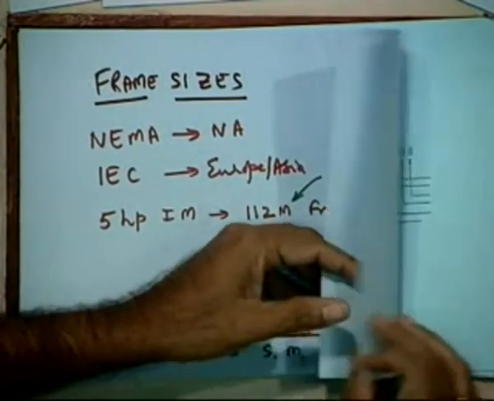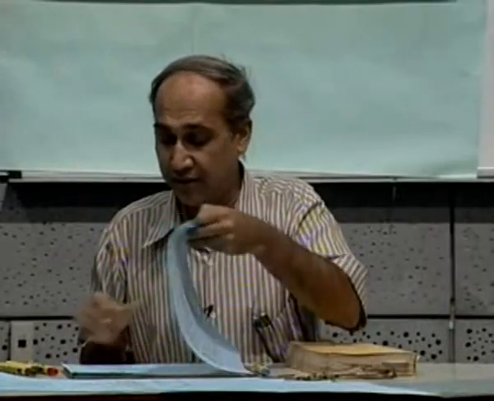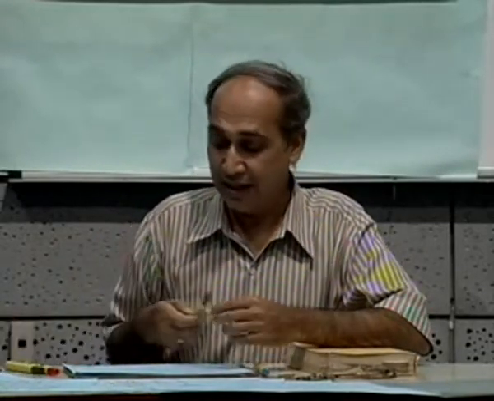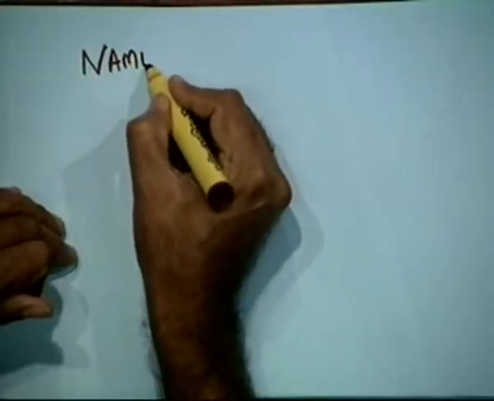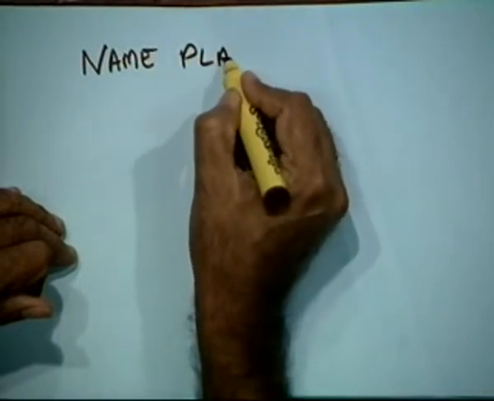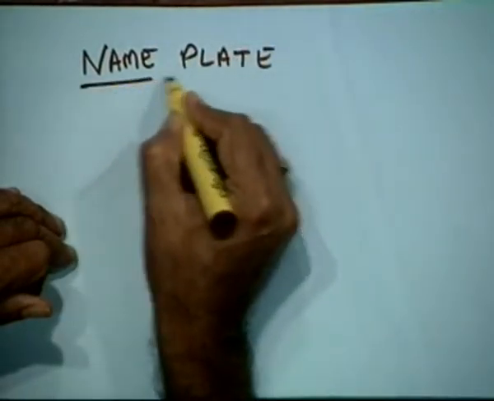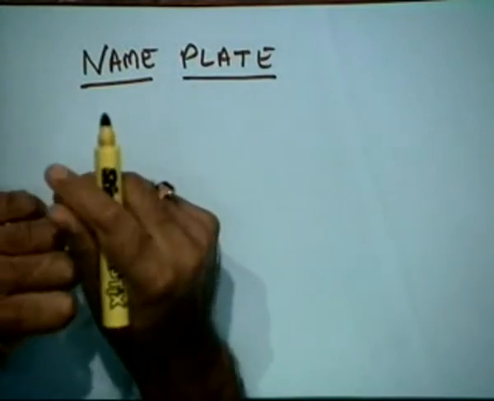Okay. So ultimately, like you all have an identity card, an ID card of each one, each machine has an ID card, and most of the information is in the nameplate. So this is an important engineering aspect. Okay, the first thing you must do once you buy a machine is to look at its nameplate. It will tell you the identity of the machine. It's the ID card of the machine.